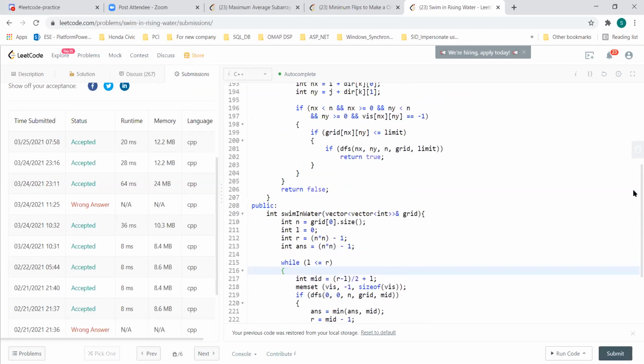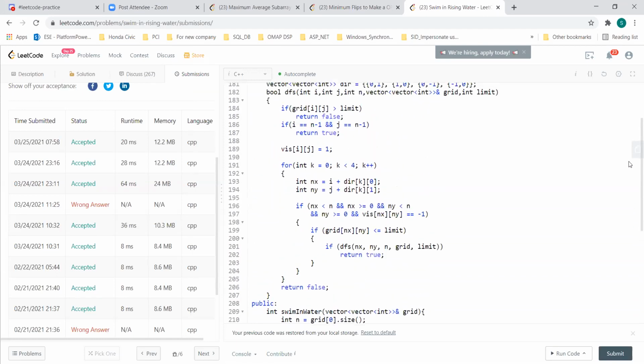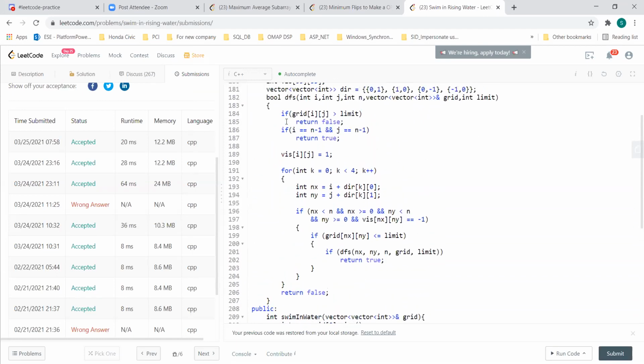And the DFS is almost the same, the normal DFS that we do. The only different thing is that there is a limit, the midpoint that I'm passing here, and I'm adding one additional check: if my grid value is greater than the limit, I don't want to visit it, so I return false from here.